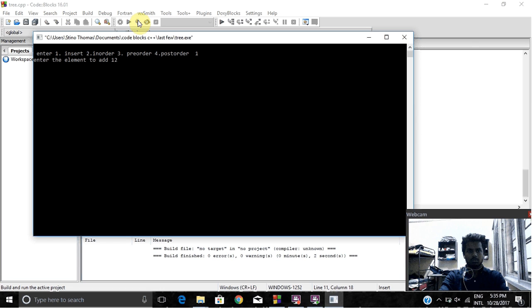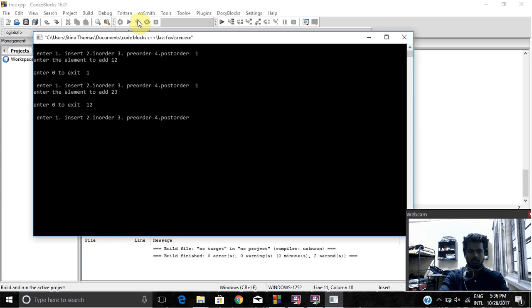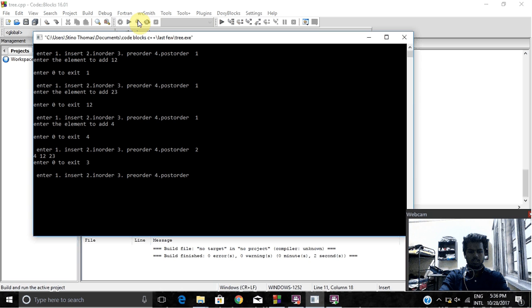12. So as you can see, for pre-order, so these are the different traversals through which the data is